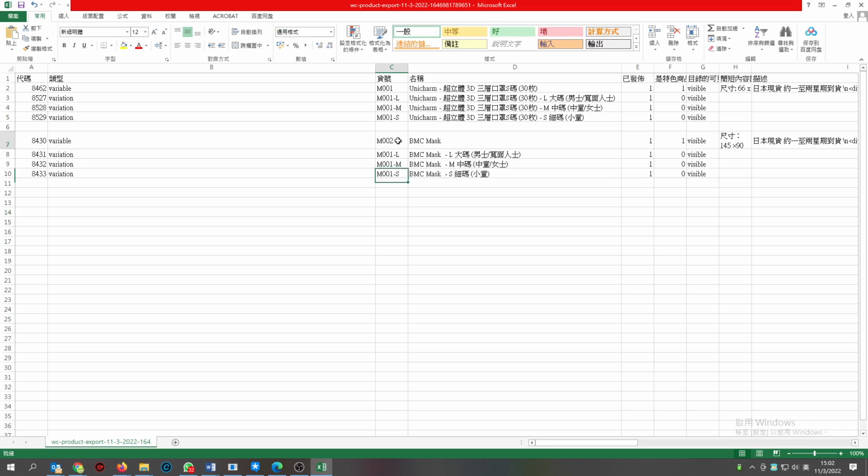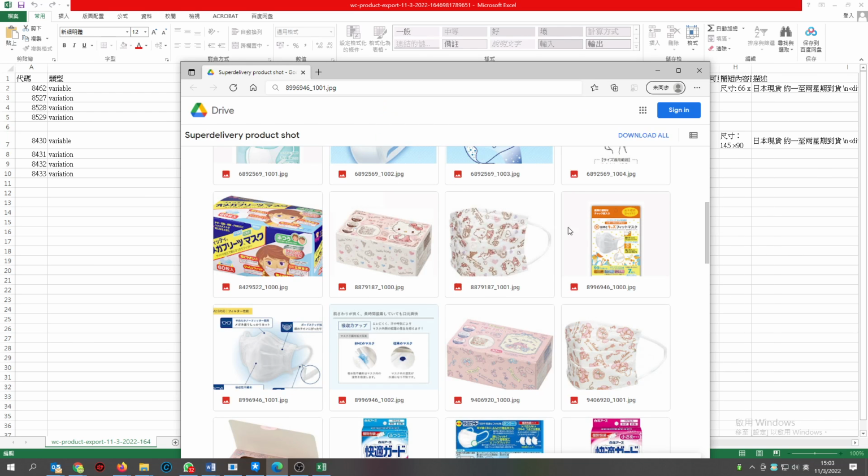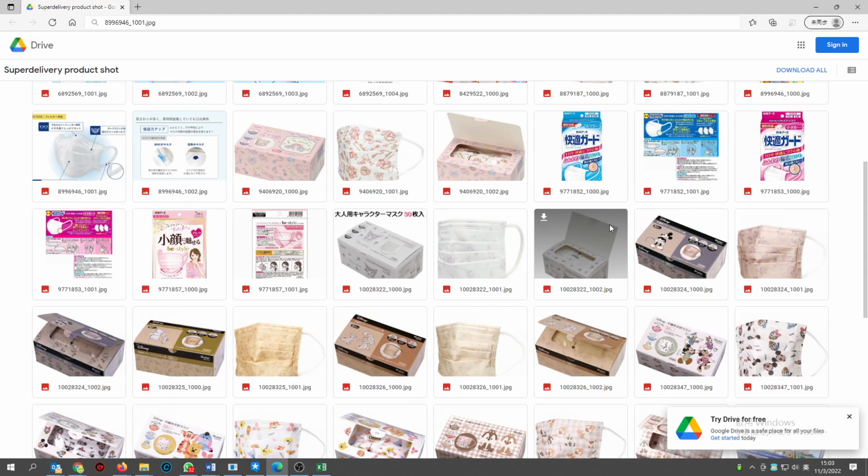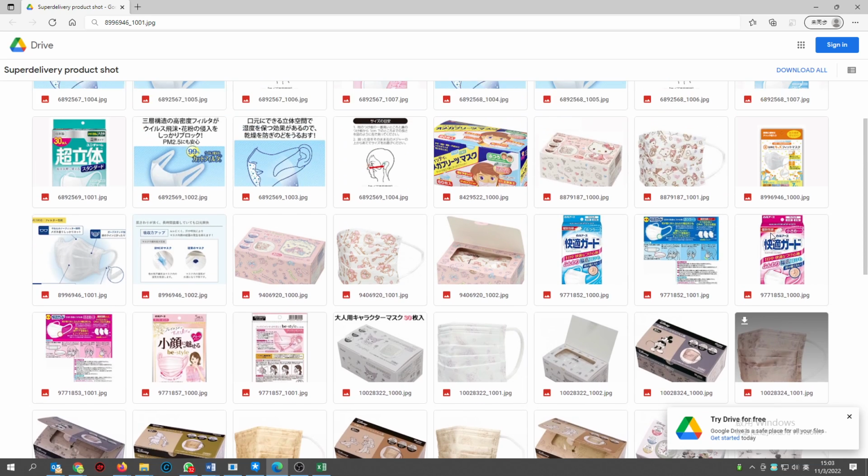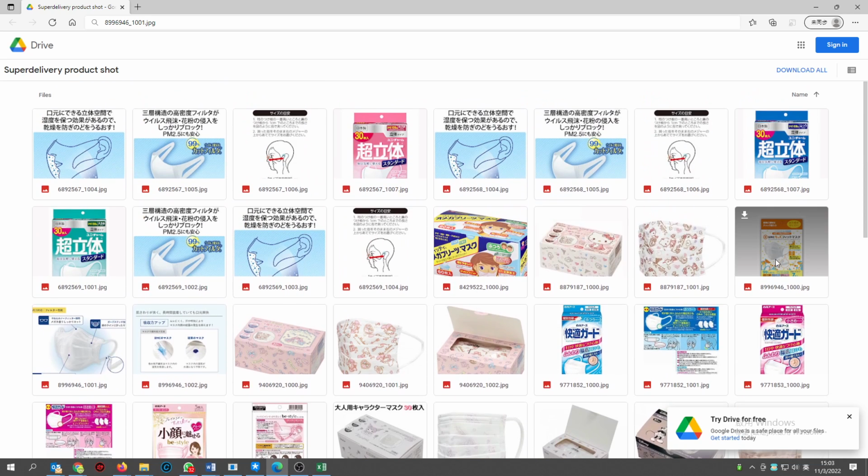Of course, you can decide by yourself to suit your stock management system. For example, this product BMC mask, M002, is the SKU. I suggest you change your product photo names to save, for example,